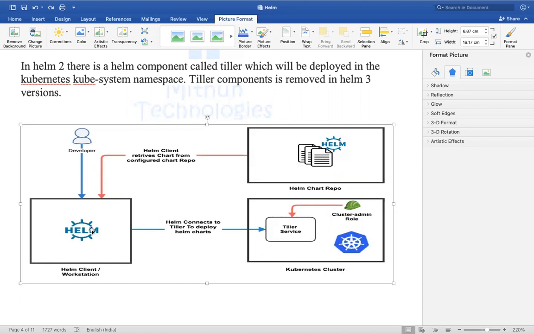The Helm client or Helm CLI will not be able to talk to the Kubernetes API server directly in Helm 2. Helm client will talk to which one? In case of Helm 2, Helm connects to Tiller to deploy the Helm charts. The middleman, it will connect to Tiller.